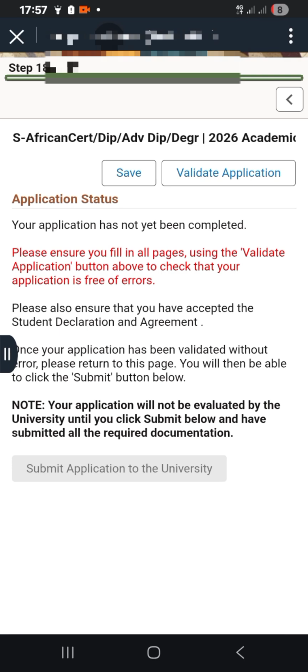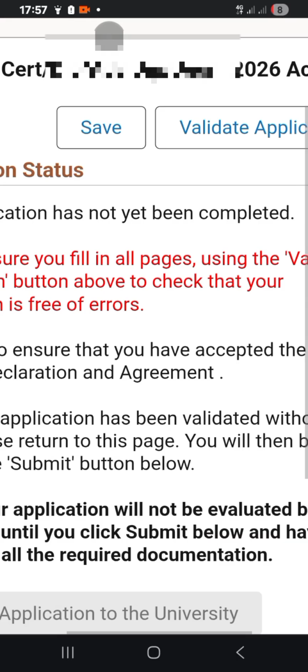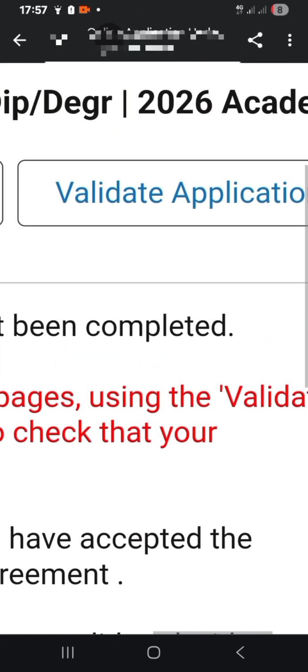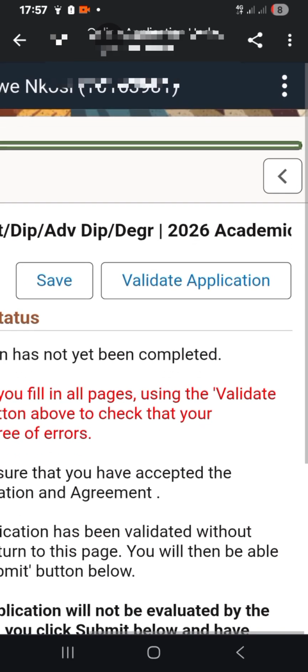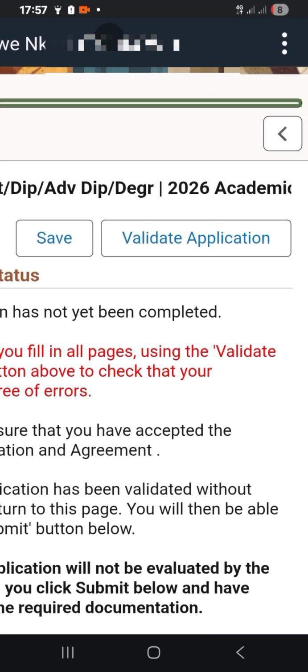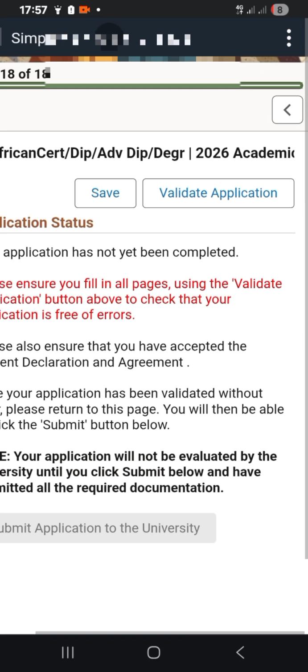But if kukhona la ungenzanga khona kahle, you have to click lapha uvalidate application. You click validate application to see ukuthi ikuphi la that you made an error.